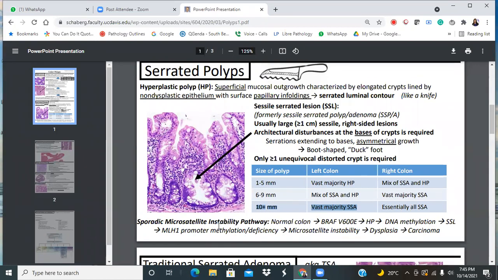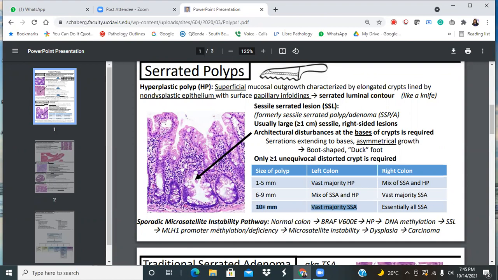So I blindly make a diagnosis on my H&E before I look at the paperwork. I draw the diagnosis first, and then I look at the paperwork. That's my style, but you don't have to do that. It keeps your way of looking at the slides always fresh. It's good to go blind to the slide.